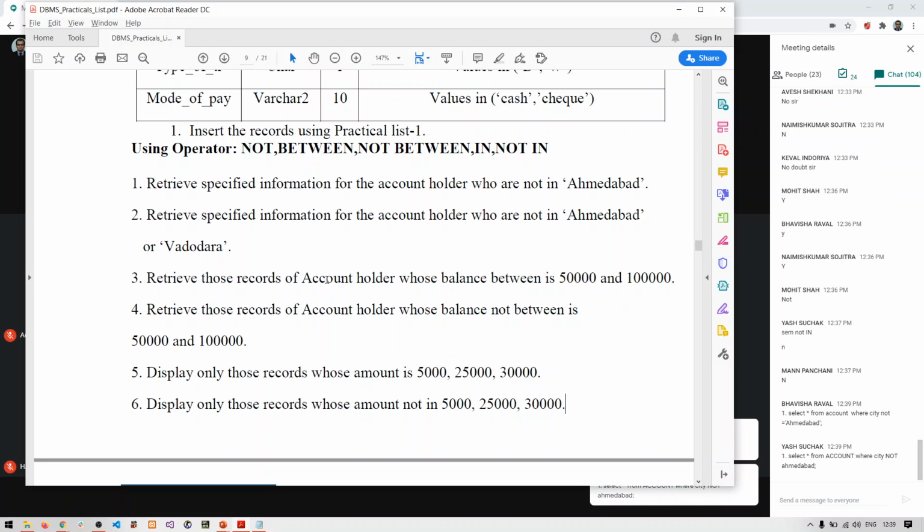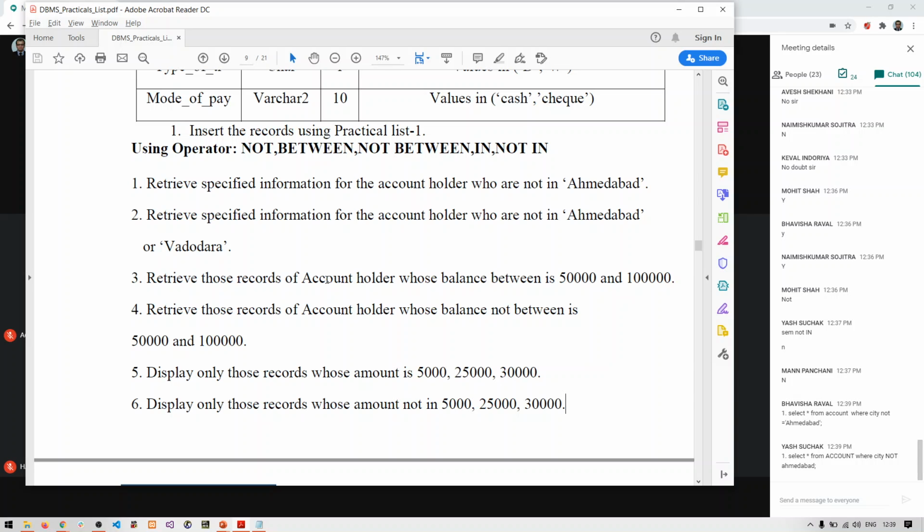Okay, I got the first answer. Select star from account where city not in, in brackets, single quotes Ahmedabad. Both the answers are incorrect, Bhavisha and Yash.